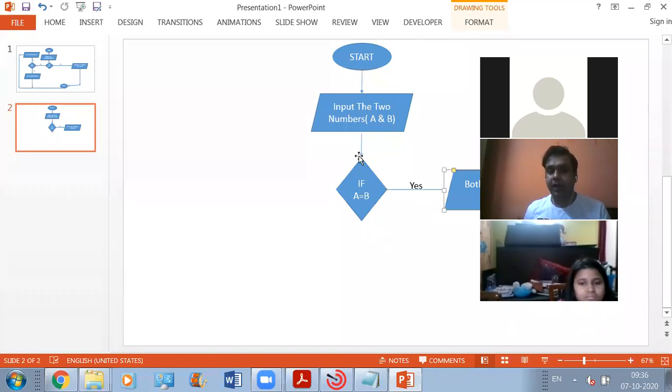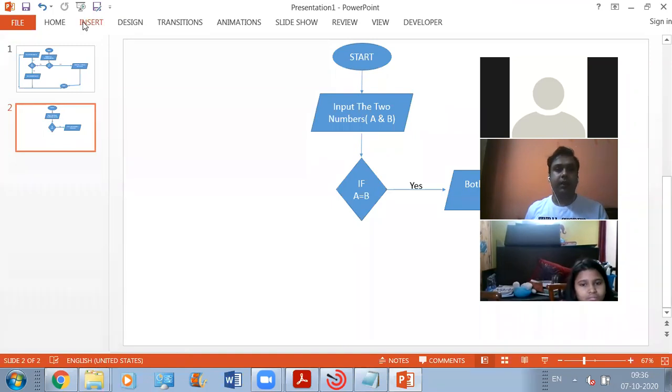Now let's define the false part of this condition. We have already consumed this point of this kite shaped decision box. This point also we have used. Now there are two points which are free at present. One is this and the second one is this. You can make use of either this point for defining the false part, or you can make use of this point for defining the false part. It is totally your call. I am using this point for now.